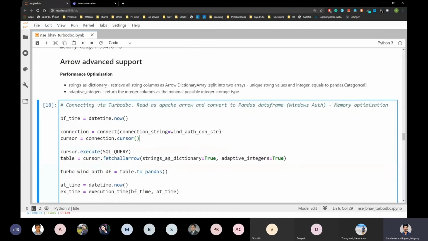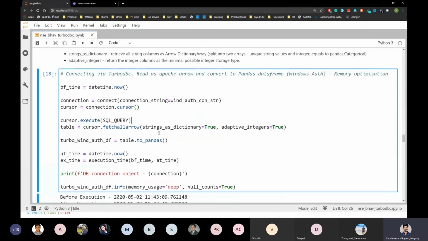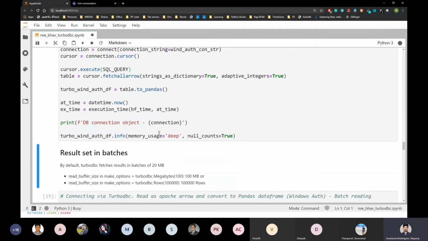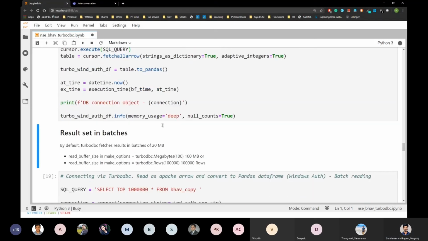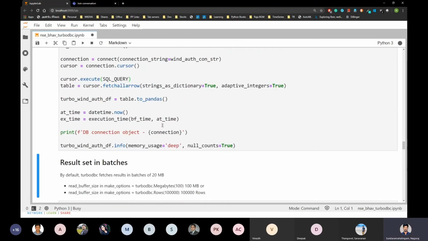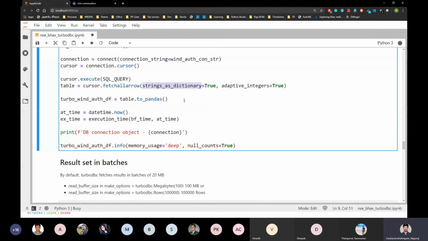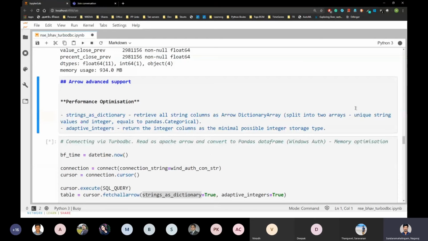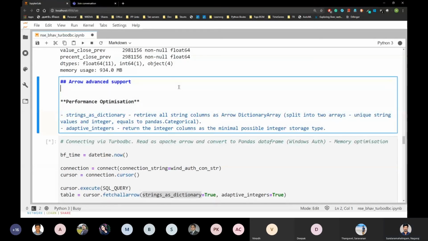We'll see that. So that's what this strings as dictionary is, which is nothing but the same as categorical data in pandas.